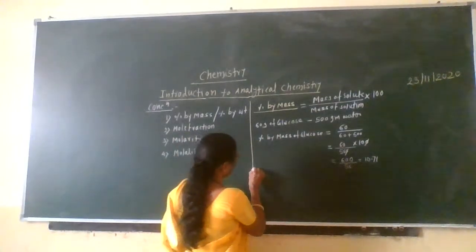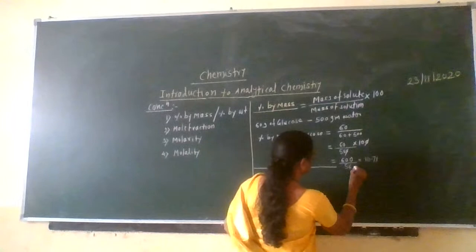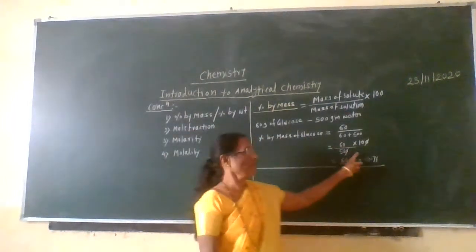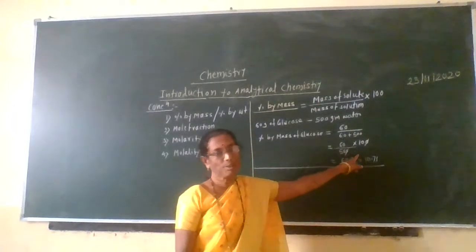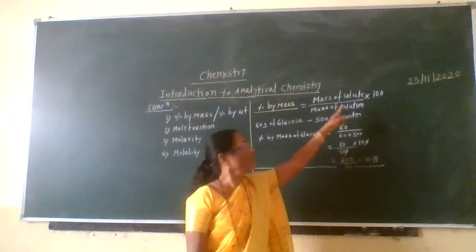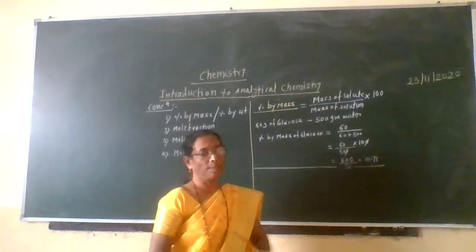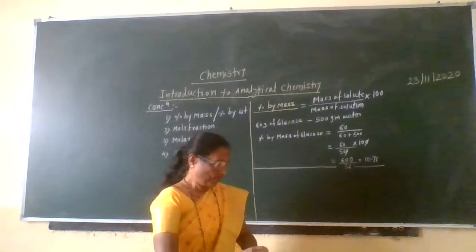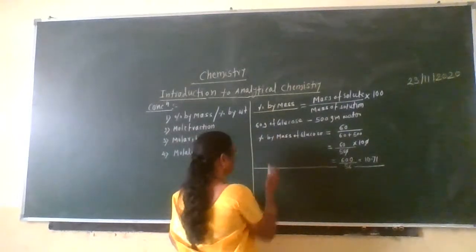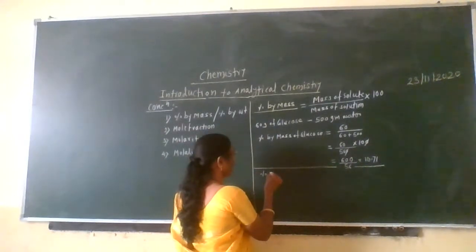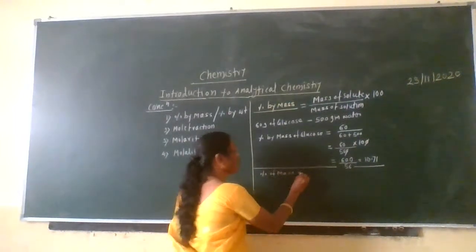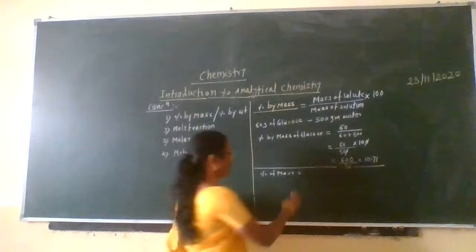Now suppose we are given the percentage and the mass of the solution. By using this, we can calculate the mass of the solute. Sometimes this type of question may be asked in the exam. For example, here the percentage by mass is given. Suppose it is given as 4.8